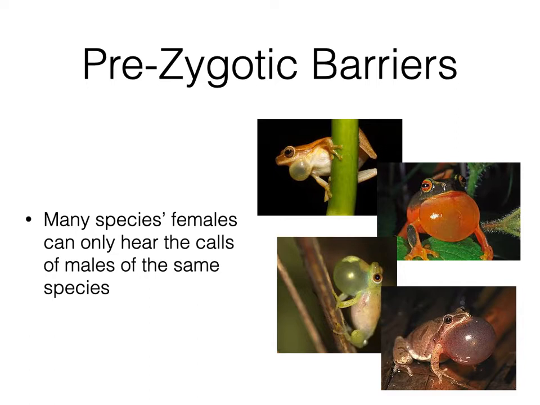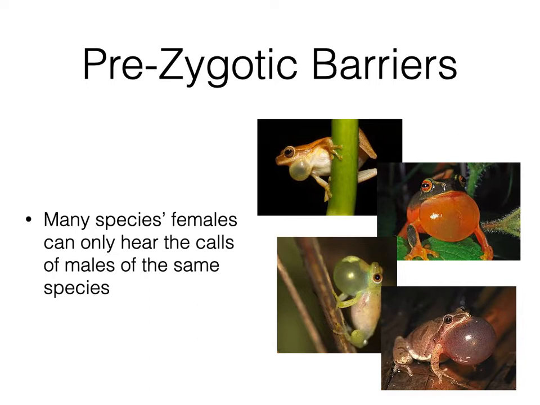So it's sort of similar to how human beings cannot hear certain frequencies of other animals' communications. You think about elephants. Human beings, we don't possess the auditory physiology to perceive the low frequencies that elephants communicate in. Okay, and so for frog species, females can't even hear the calls of males of a different species.